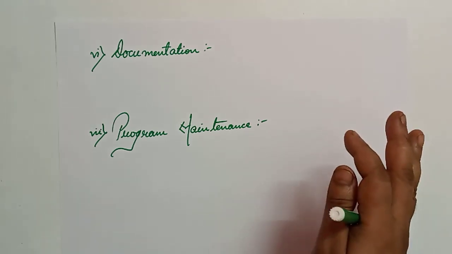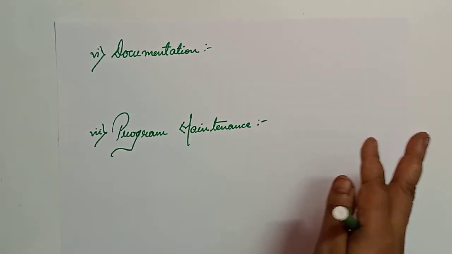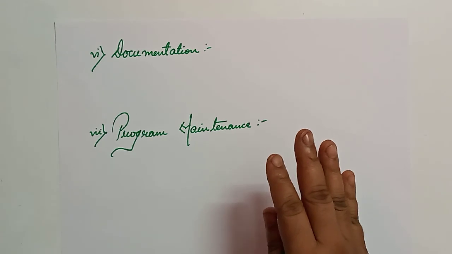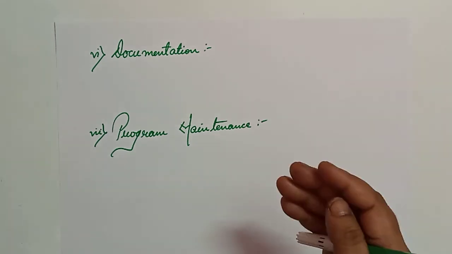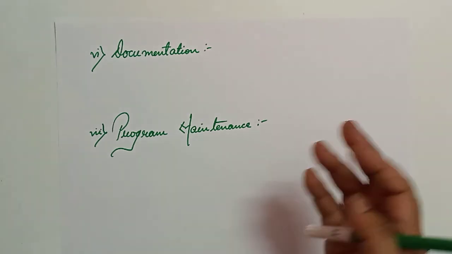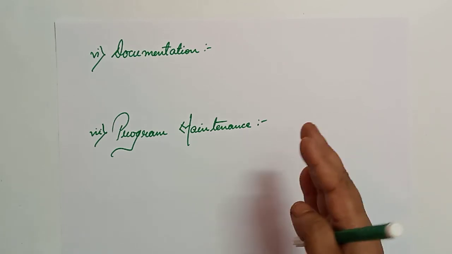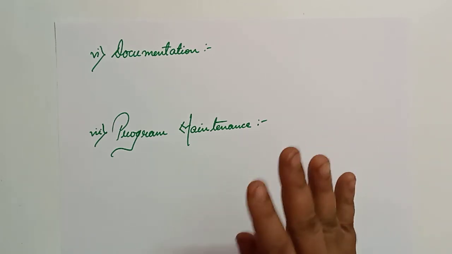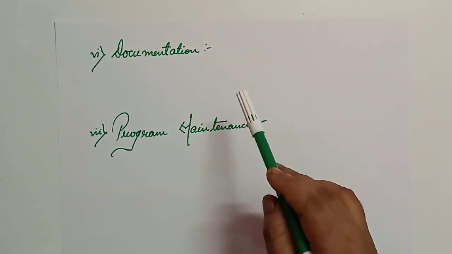So a complete documentation, everything from the definition, specification, to the testing you have done, should be there. Means a complete thing. Let's say you leave the organization, and another team member joins. If he goes through the documentation, he should be able to understand the software. So this is called the documentation.